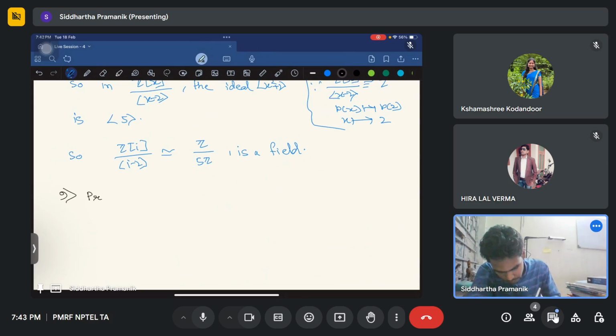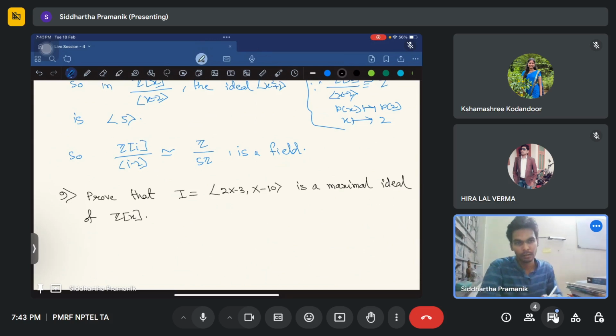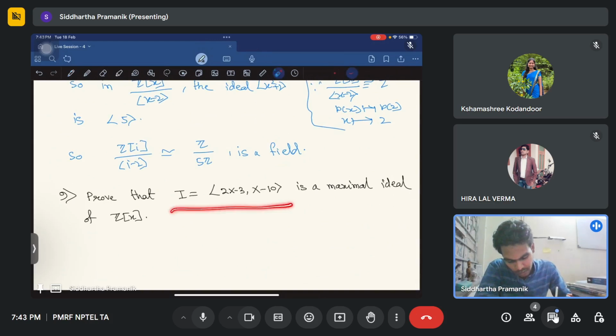So prove that the ideal I generated by 2x minus 3, x minus 10 is a maximal ideal of Z[x]. So we need to prove this ideal generated by 2x minus 3, x minus 10 is a maximal ideal of Z[x]. So we need to prove that this quotient,